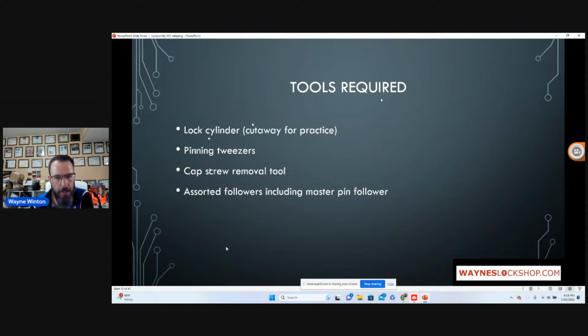Okay, so tools that are going to be required to rekey this cylinder. The main tool that we're going to be using today is a lock cylinder. If you have a cutaway, that would be amazing. If you don't have a cutaway and you just have a regular cylinder, you'll still be able to play along too. And I highly encourage those who have not done this before to play along as well. If you're just watching this for the first time, you can order your first cutaway cylinder or buy a box of locks on eBay or Facebook or wherever you buy that stuff and just get a bunch of locks that you can start rekeying. Next things we're going to need are pinning tweezers, pinning mat, cap screw removal tool,